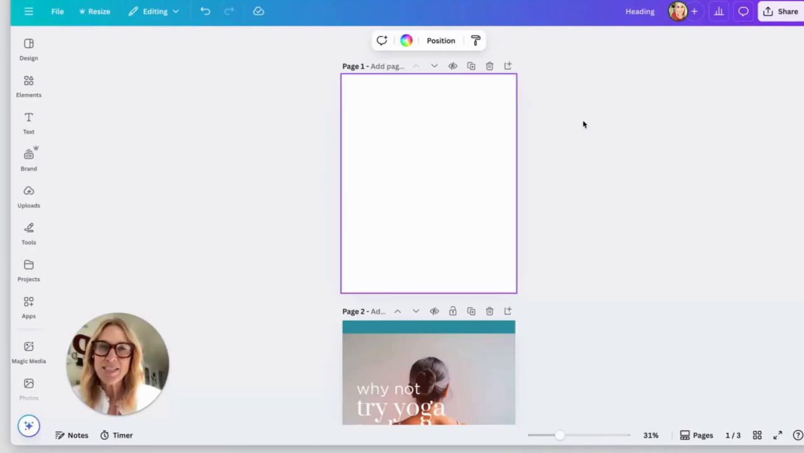Hey there, do you struggle to keep your posts looking on brand? Plus, are you just looking for a variety for your feed? Today, I'm going to show you how to quickly change all of the templates that Canva offers and get them